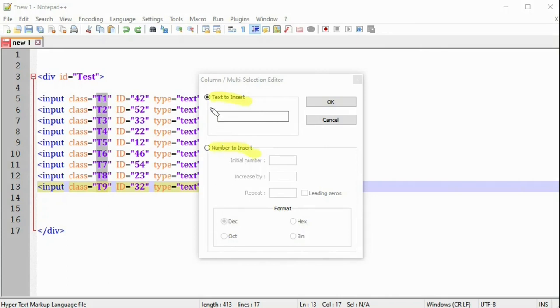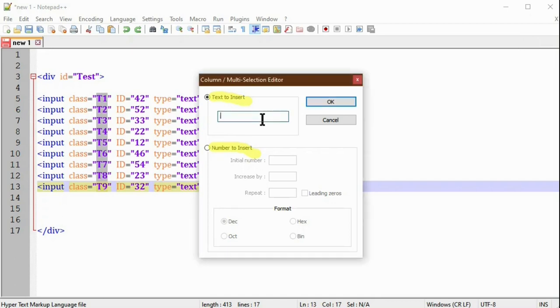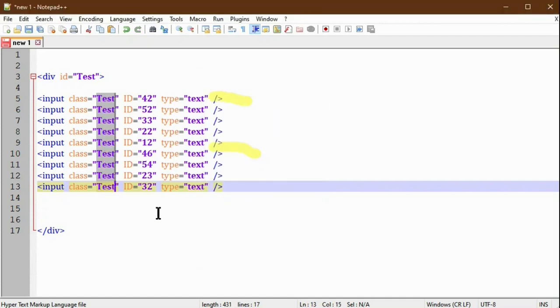By default the text to insert radio button is selected. Then you type the word you want. We decided to change it to test. You type that word in the text box, then click OK, and the entire class name will be changed to test.